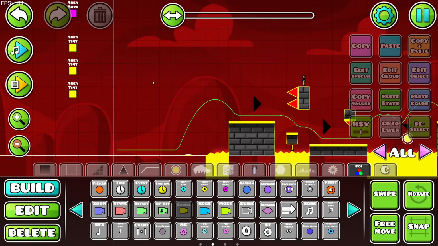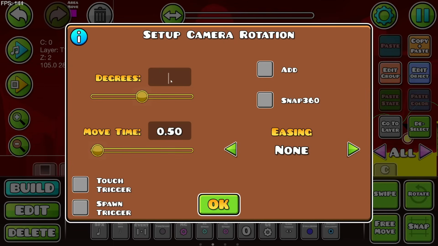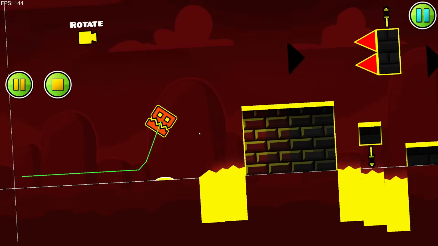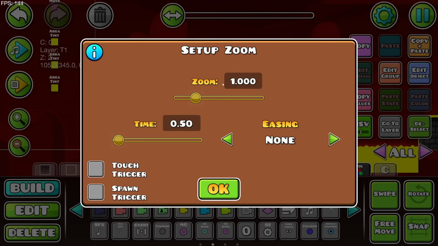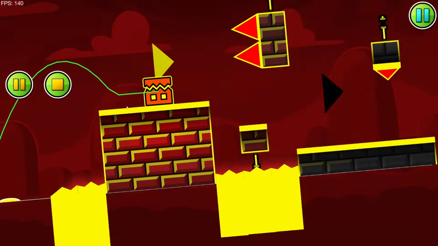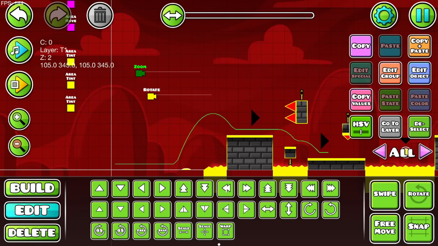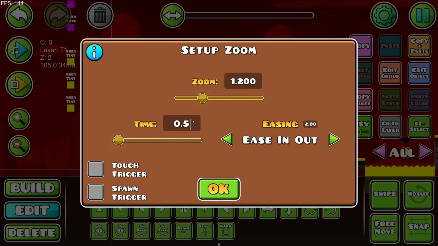Very nice. Now I want to put a camera rotate trigger that's going to make it incline by 5 degrees of rotation on an ease in out, just on this pad here, which feels very lame on its own. Now what I could do is just place a zoom trigger of like a 1.2 on the exact same spot, but I feel like this just feels a lot more robotic. What I want to do is just move this a little bit to the left, like I did with the